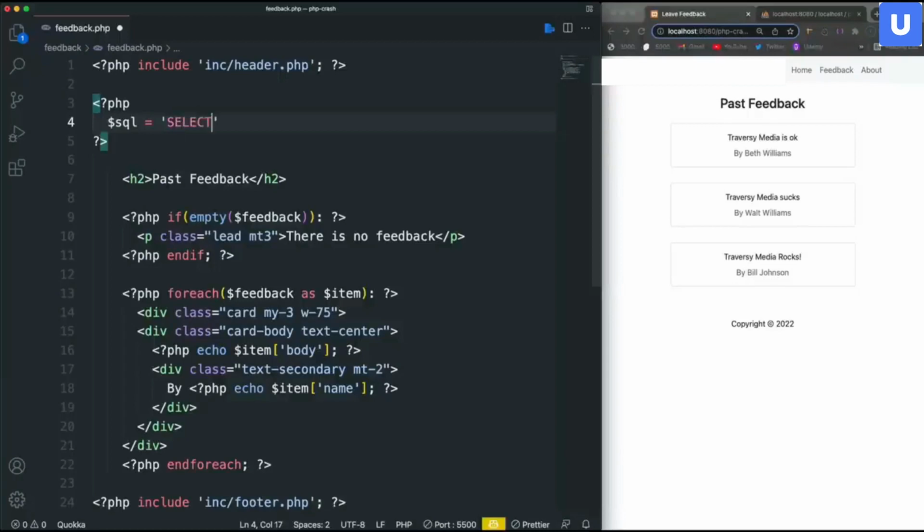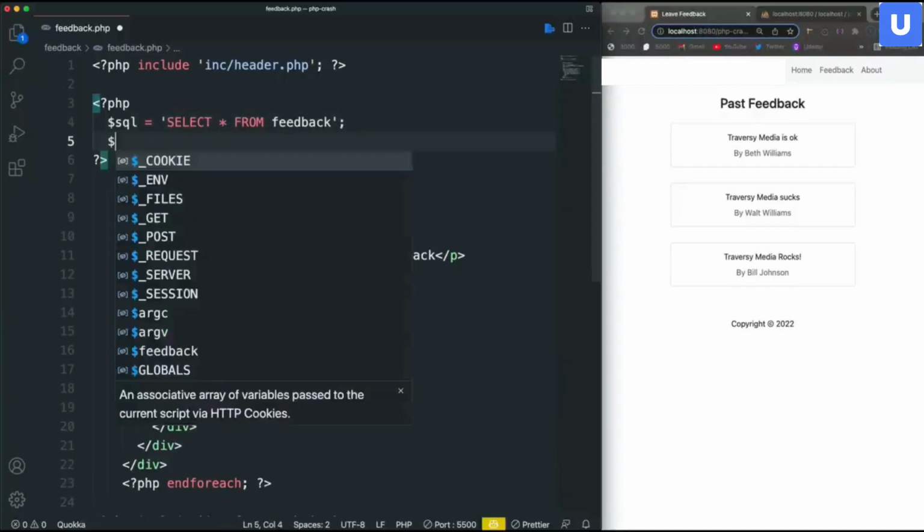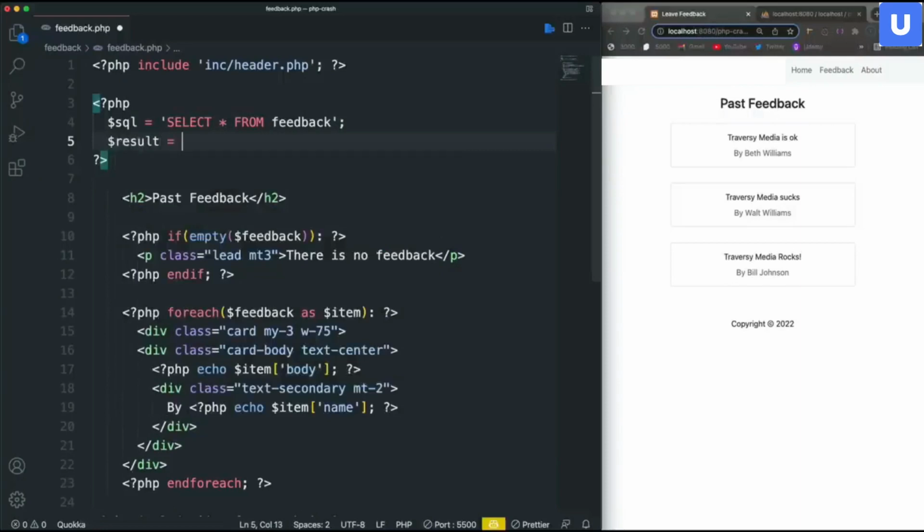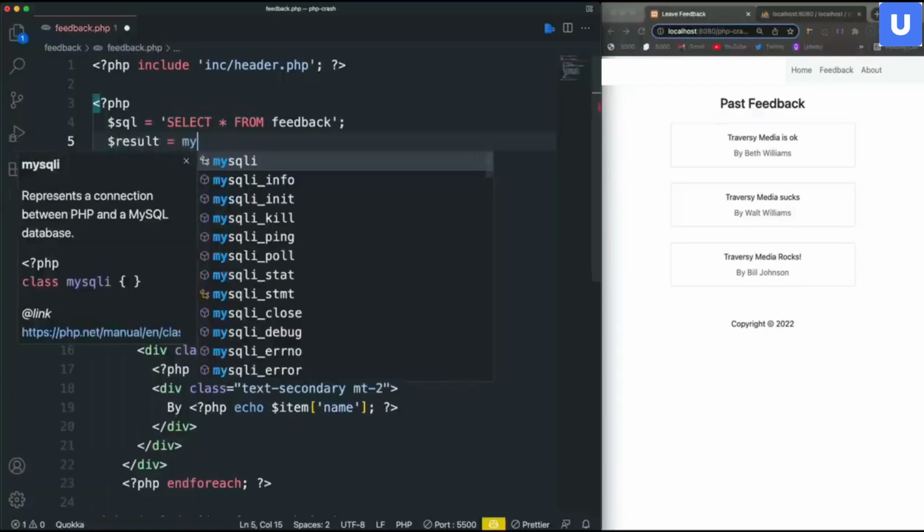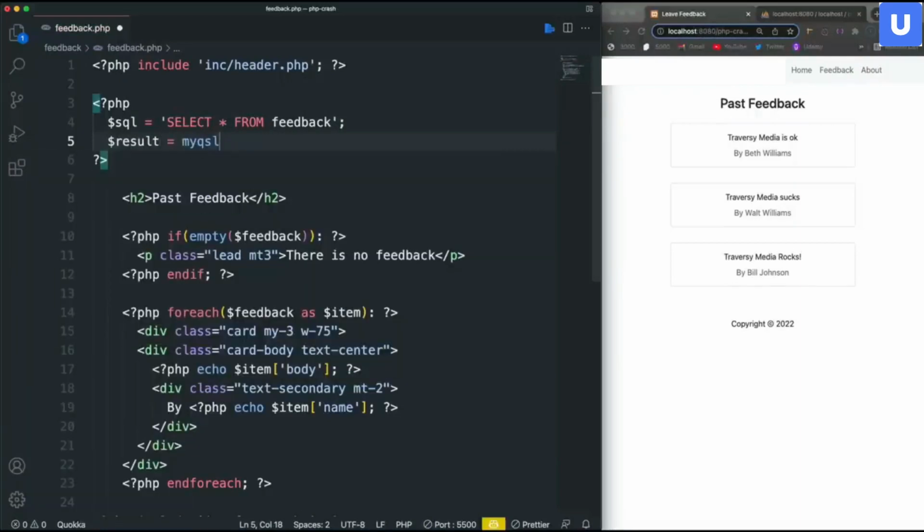So we're going to say SELECT *, and this doesn't have to be uppercase, it's just kind of a convention. We're going to select all fields from the feedback table. Okay, so that's our SQL. Then we want to say result. So the result of that we can get with a function called mysqli